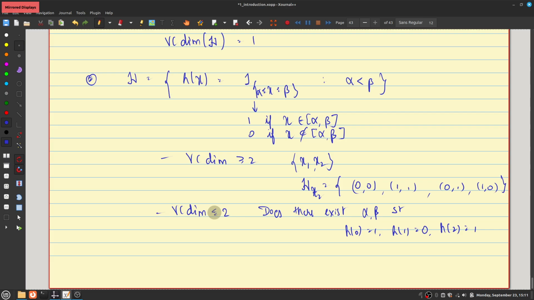I'm not saying that finding the VC dimension is an easy task. It could be extremely difficult. Without knowing the VC dimension, it's difficult to say what the sample complexity is. But then again, if you want to show that something is PAC learnable, all you have to show is that the VC dimension is finite. It doesn't matter whether you have a tight or a loose upper bound on the VC dimension. That can sometimes be easier to see.